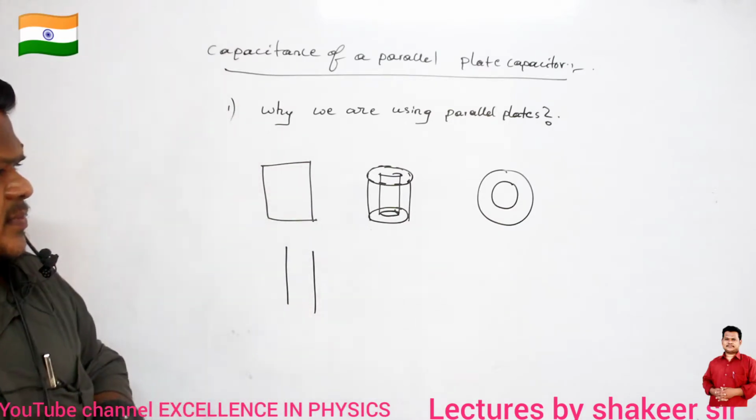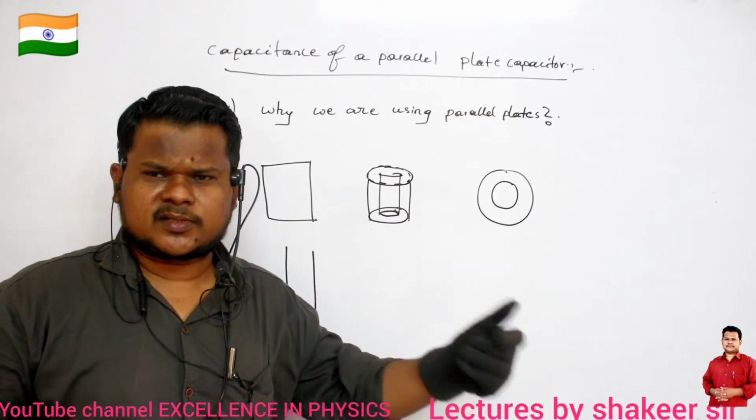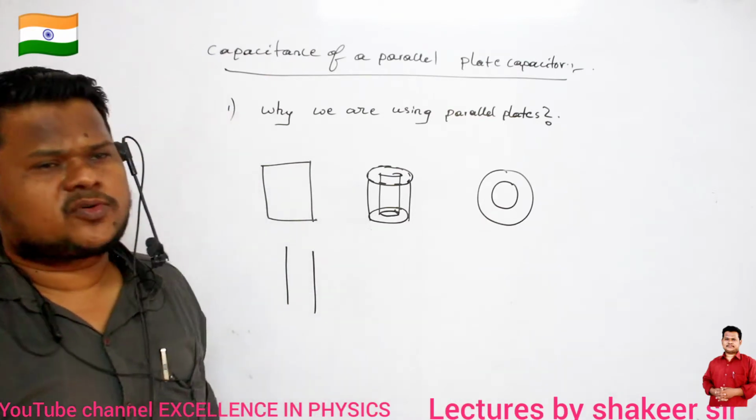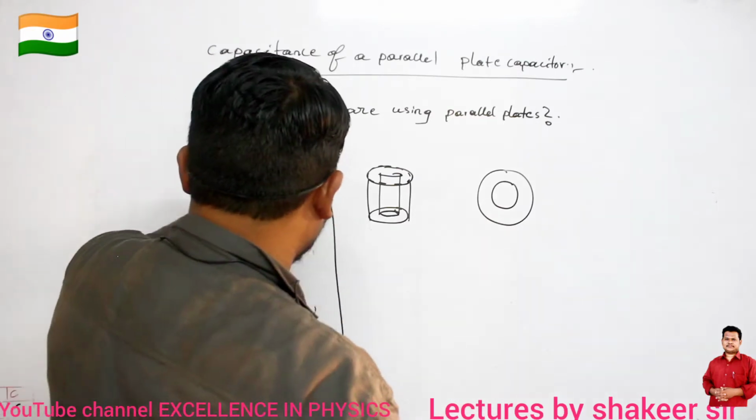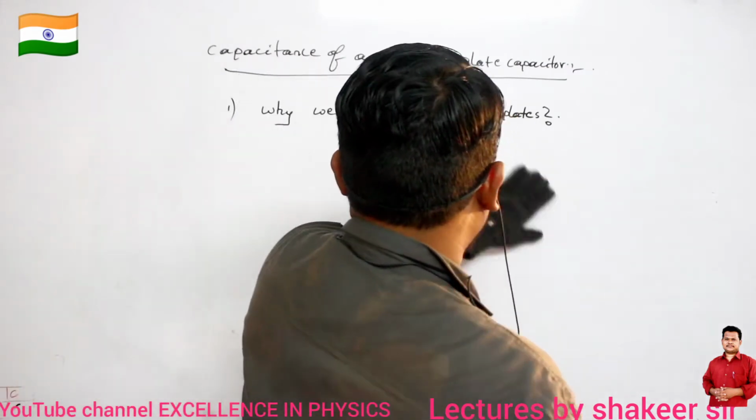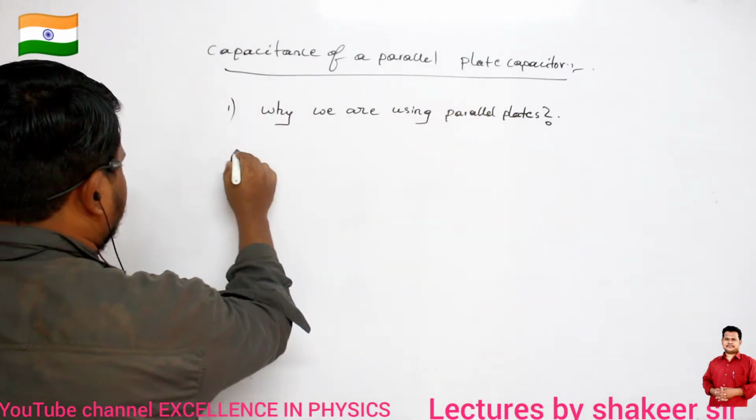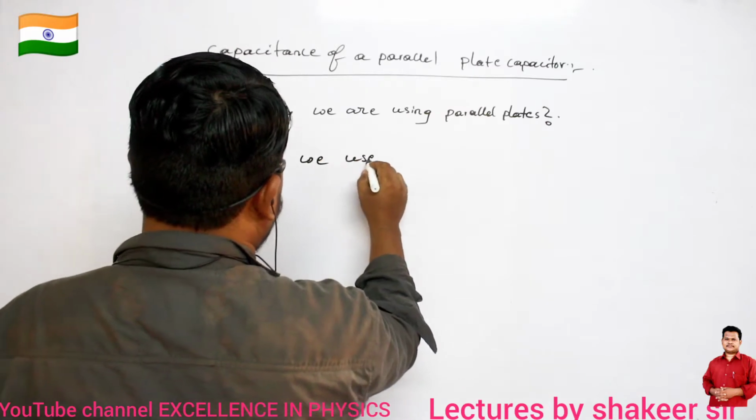Now the question is, definitely we can store charge on a single plate also, no? Why are we using two plates? That is the question. Okay? So the answer to this is this. We use two plates